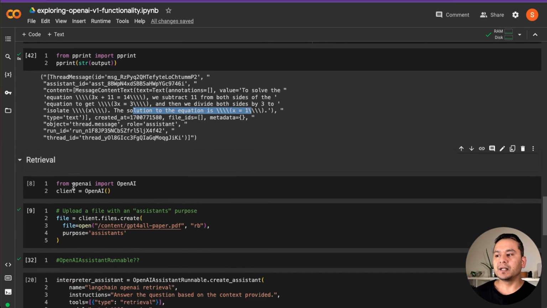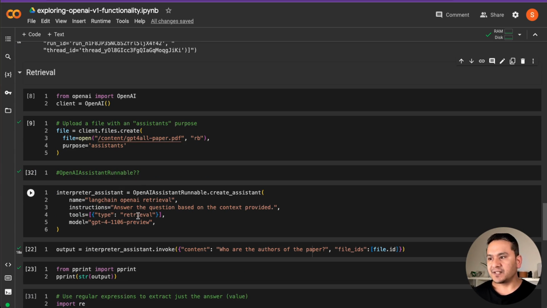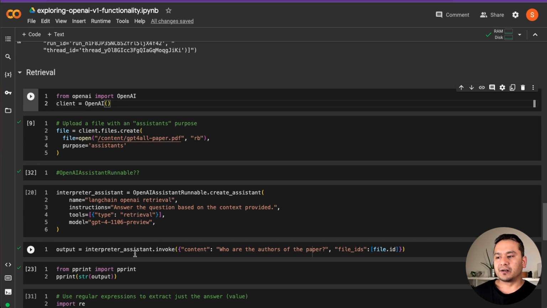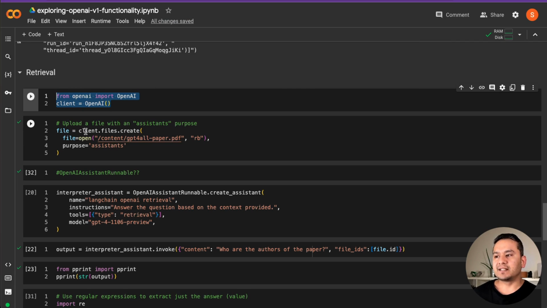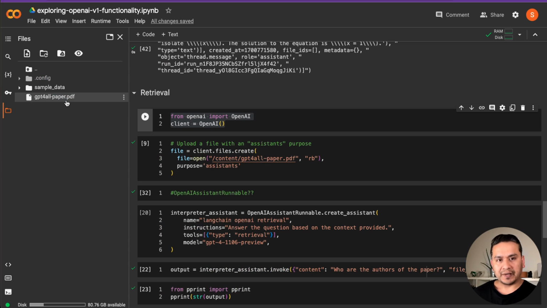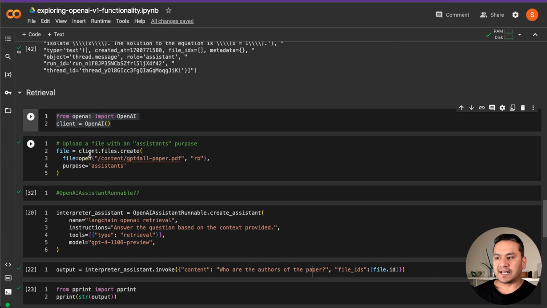There is an example of retrieval. There might be many ways you can achieve this, but what I just went through is taking some example from the OpenAI documentation itself, and then there is already a way how you can invoke this with LangChain. Here I'm just saying from OpenAI import OpenAI, client equals to client, because that's the default client. I just use this so that I can create, or let's say upload the file, right? Here I'm first using the GPT4All paper. What I did here is I uploaded a GPT4All paper already here in the PDF. I just take the path of this particular file. Then what I did here is I open this and then just